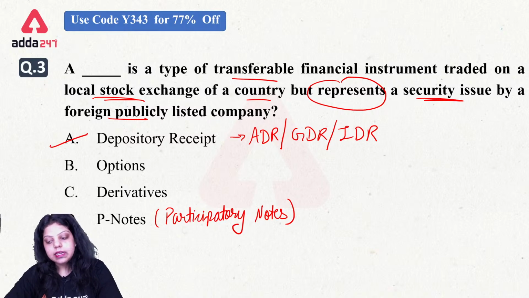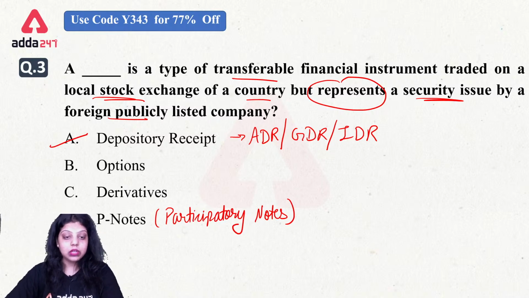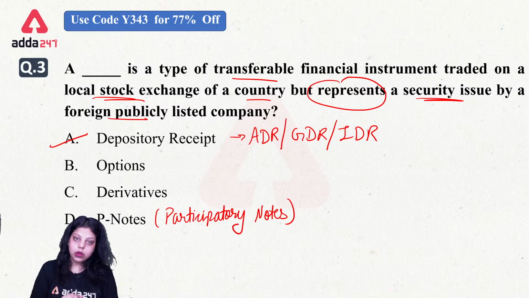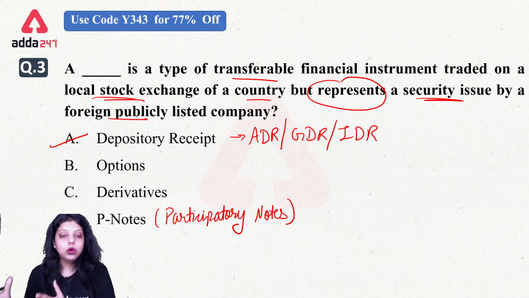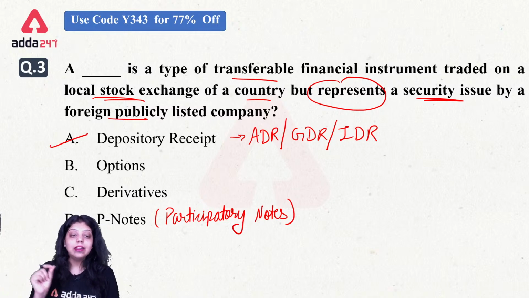It will not be derivatives. What is derivatives? Derivatives simply are a product which derives its value from 2 or more basic products. Okay, and those 2 or more basic variables are known as underlying assets.